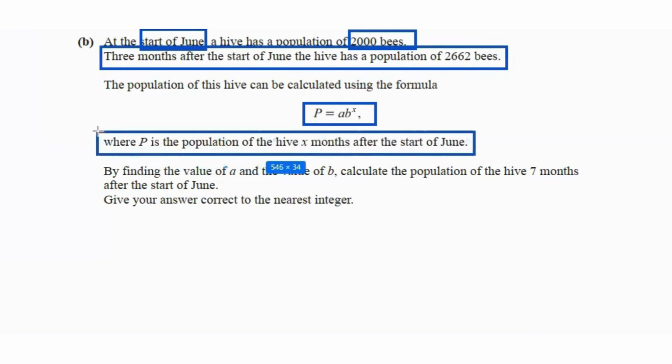Let's highlight all the important information. Then by finding the value of A and the value of B, calculate the population of the hives 7 months after the start of June. So first we have to find the value of A and B, and then we have to find the population of the hives 7 months after the start of June. So what we're going to do now is we're going to start with